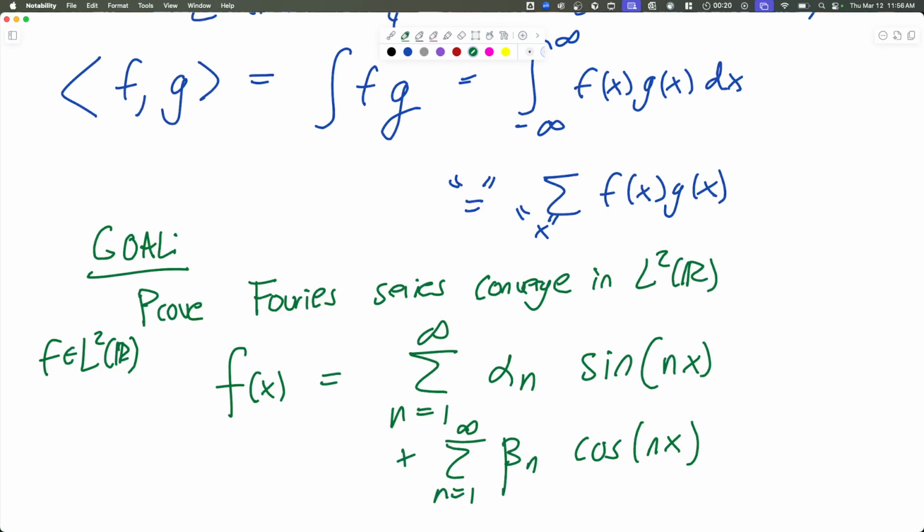Let me also not say L2 of R. Let me say it's going to be in L2 of minus pi to pi. That's important. So if you have a function which is in L2 from minus pi to pi, then you can write your function as an infinite sum of sines and cosines. And these limits mean limits in L2, right? So with respect to the L2 norm, the norm that we talked about over here,